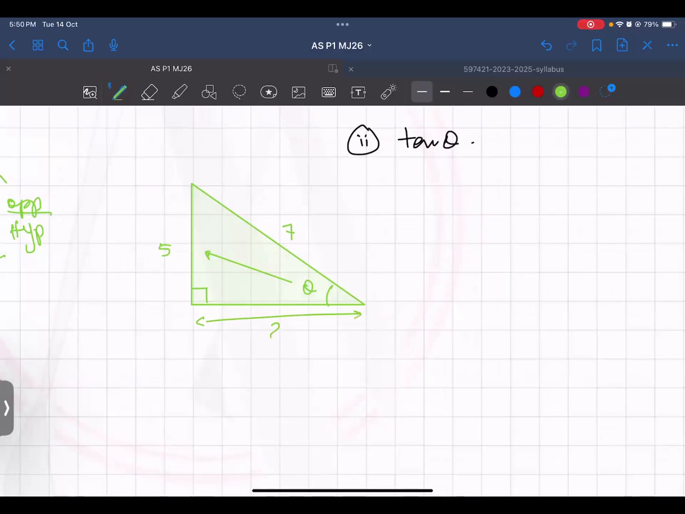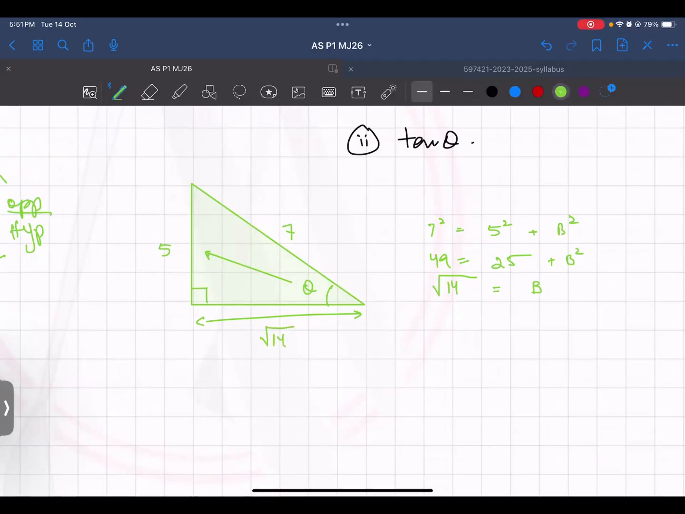I can easily find this. We know 7 square is equal to 5 square plus base square. So 49 equals 25 plus base square. So 49 minus 25 will become 24, so square root of 24 is your base. The length of your base is